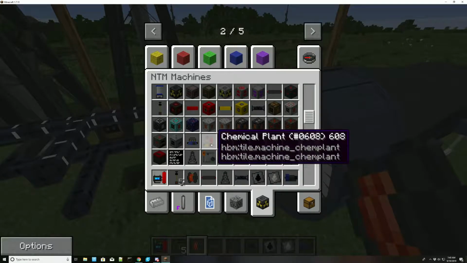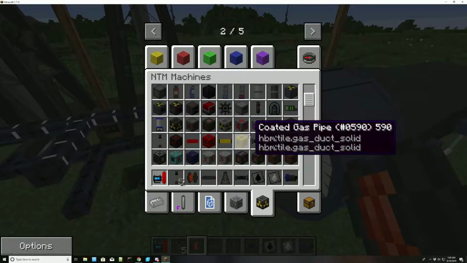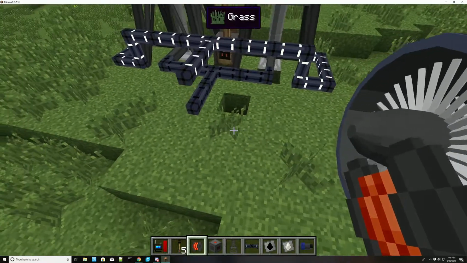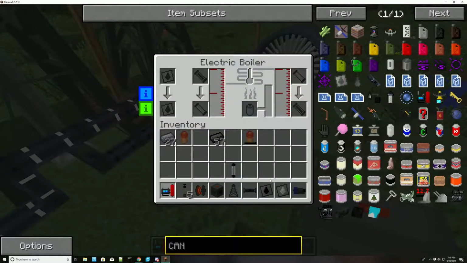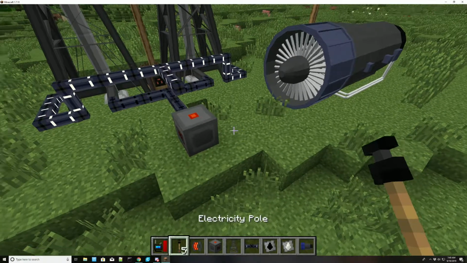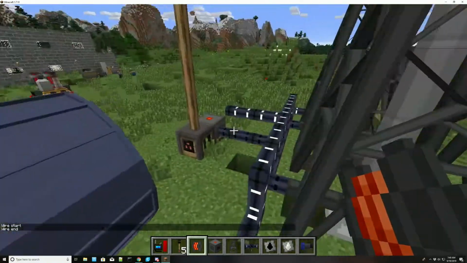Actually, we're going to wait on that. First we're going to want, what is it, electric boiler, here we go. So the oil needs to go through an electric boiler. So plop that in there. Now it's identified as this is what's going to come into this boiler. So next we need to apply power to it, so we'll just grab a cable, take it here,